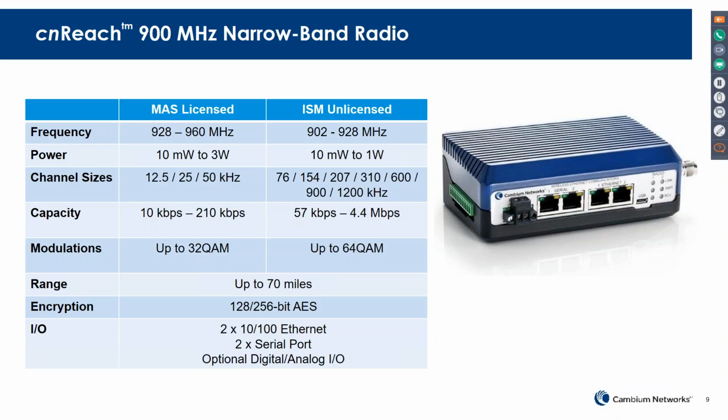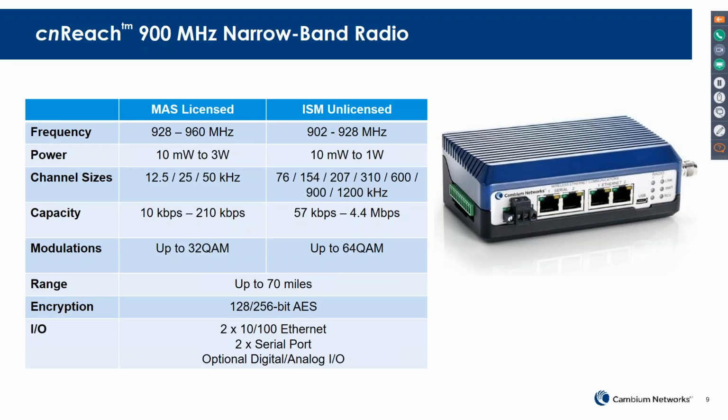ISM unlicensed is much more powerful. It's actually frequency hopping based, and it supports from 57 kilobits per second up to 4.4 megabits per second. Keep in mind that this 4.4 megabits per second is the raw, over-the-air data rate. But when we're looking at the user data rate, you still get around 2.5 megabits per second, which is still very good for a narrowband product. Again, range is the same, 70 miles, and encryption, security, and